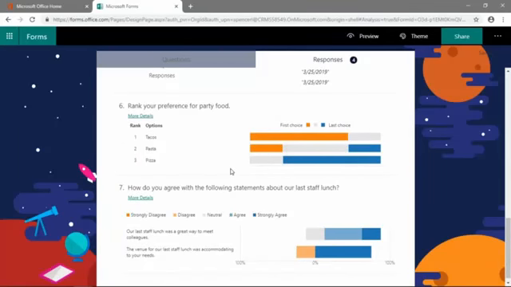Rank your preference for party food. Now this was the Likert, where you could reorder the preferences. So we would randomly show tacos, pasta, and pizza, and the user would be able to drag and drop those into their preference. So here we see taco is the first choice for 75% of our respondents. Pasta was the first choice of 25%, and it was also the third choice of 25%, and pizza was the third choice of 75%. So, a really interesting style of question that you can get some interesting insights about certain